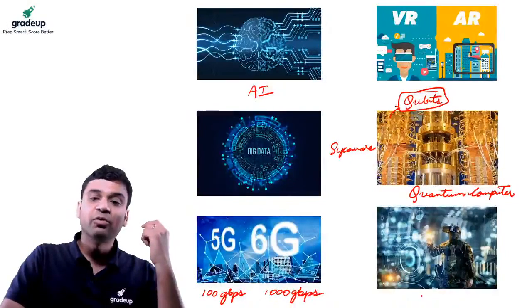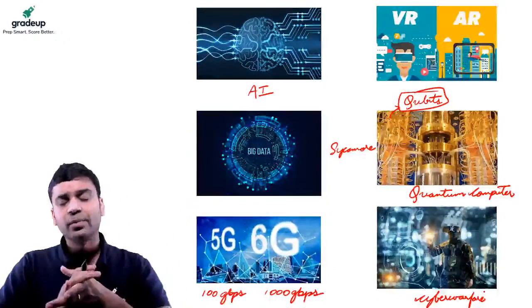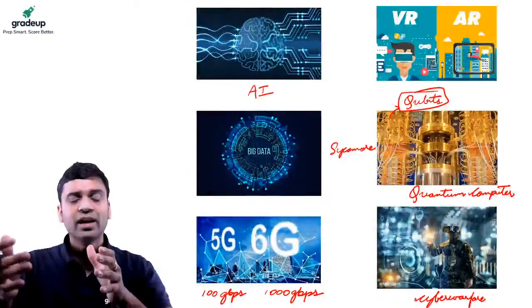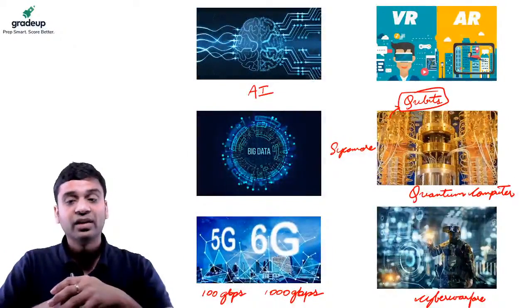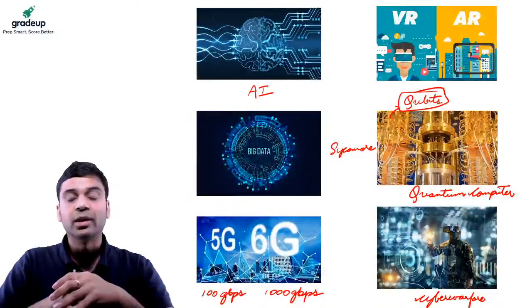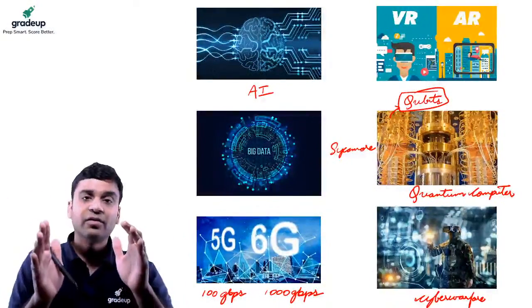And of course cyber warfare. Okay, which is basically the warfare which takes place over cyber computers, where hacking happens, where you can intrude into the enemy computer, or where you can prevent hacking in the defensive cyber warfare. So all of that. So all these technologies are dual use.